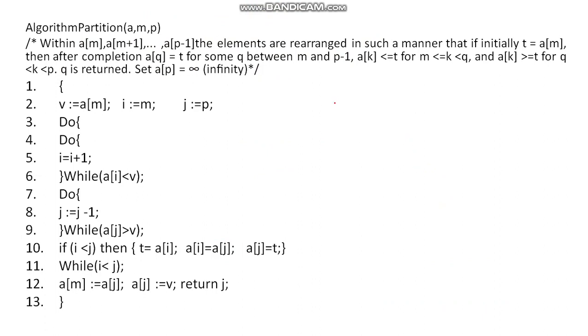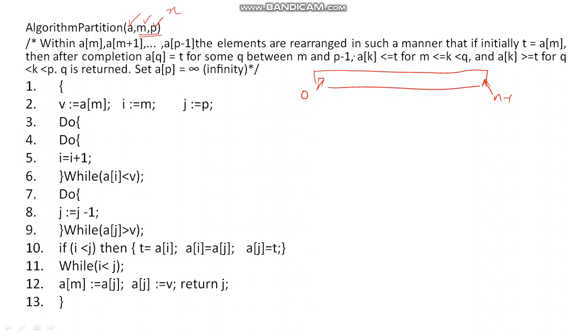I have given an array. Now here the array is given. And how does this partitioning happen? There are three things. A is an array which requires n amount of space. m is the lower index, p is the higher index. So I want to sort the array from a[m] to a[p-1]. m is the lower index. Initially the lower index is equal to 0 if you are writing a C program, and the higher index is equal to n minus 1.